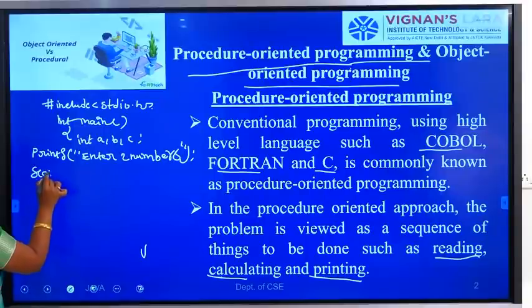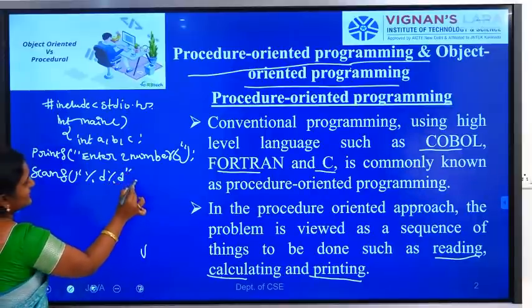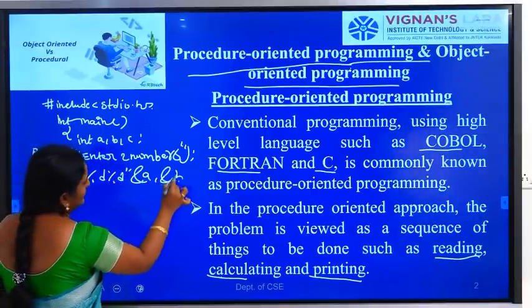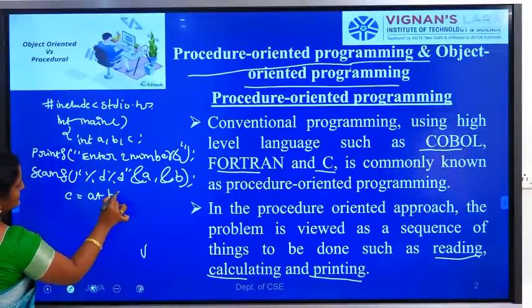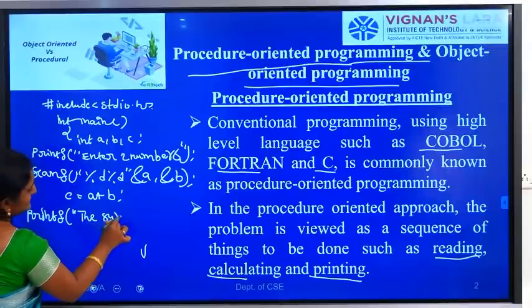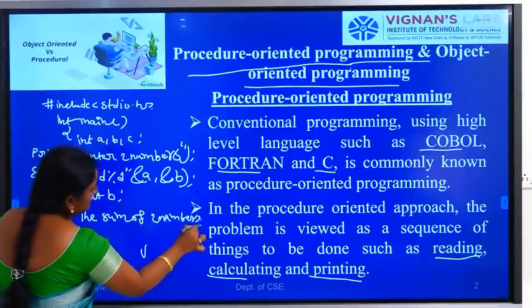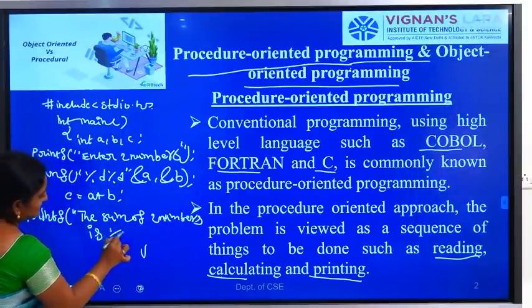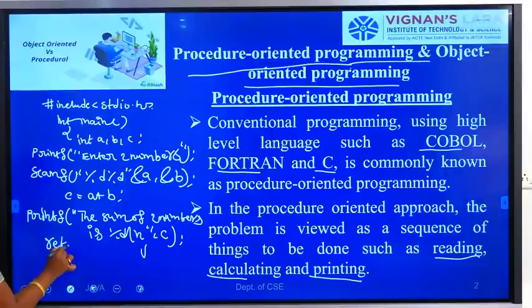Next, scanf, so we can read two numbers from the keyboard, %d %d, comma, &a, &b. Next, we add two numbers, c equal to a plus b. Finally we display the result, printf "The sum of two numbers is %d\n", comma c. Next, return 0. So we can close it.